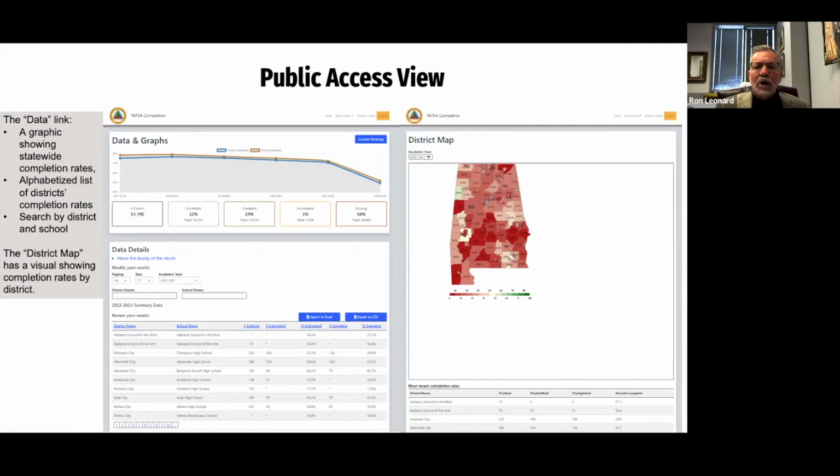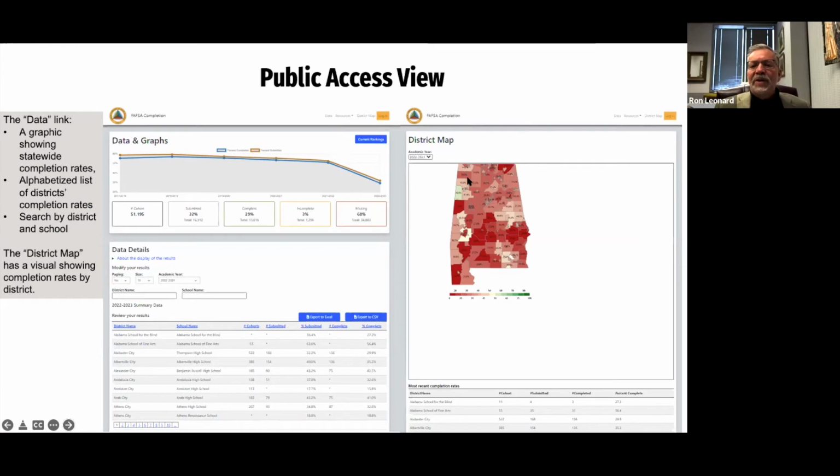Now, there's also a link to the district map. If you will, right under public access view, scroll over, you can show where data is and where the district map is, if you don't mind. So if you click district map, then very good, thanks. You'll get this visual representation.